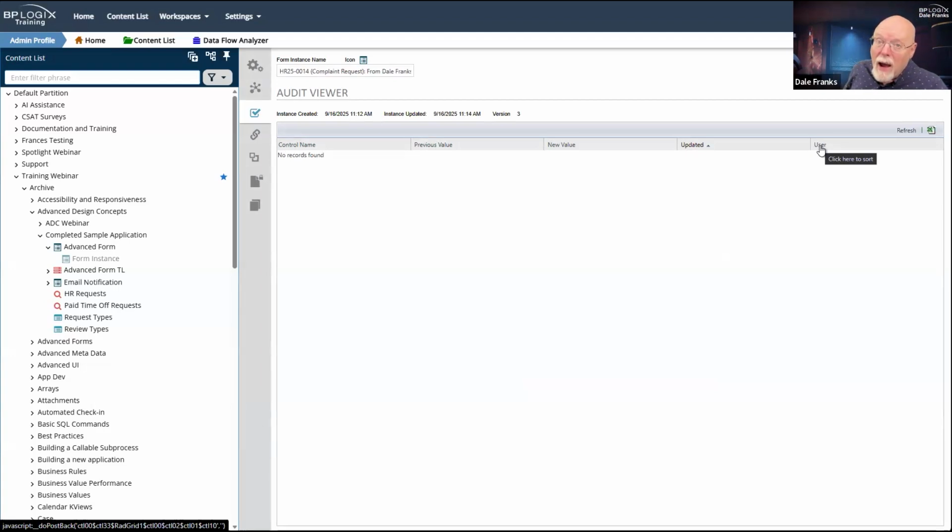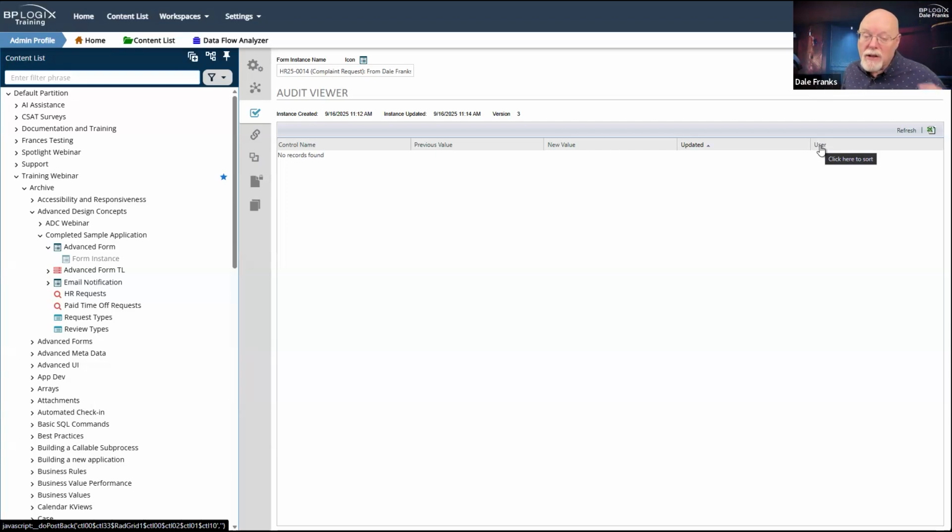Now, even if you have auditing turned on, you may not see anything on the Audit Viewer tab. I mean, it may be that no one went in and changed an existing form field value. So what you're going to see on the Audit Viewer tab of a form that has the form field auditing turned on is every form field and what values were changed on that form field by who and when.